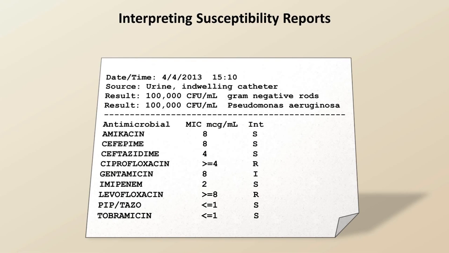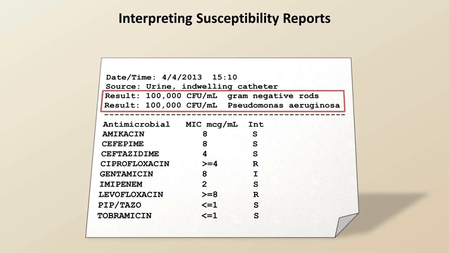How should one interpret this? First, the date and time listed, unless otherwise specified, is the date and time of the original sample collection and not the date and time of the report itself. The source is obvious. There will often next be two separate lines regarding the species identification. The first line indicates the first information that was released from the lab, with the second line indicating a refinement